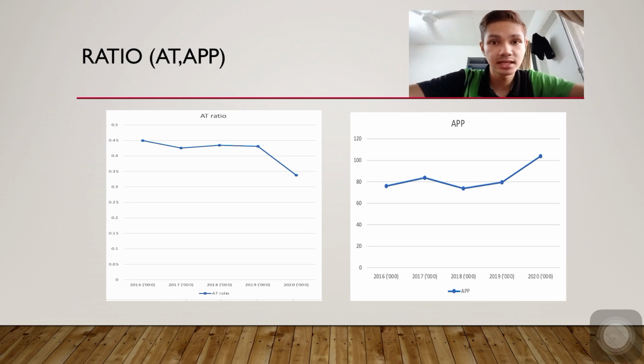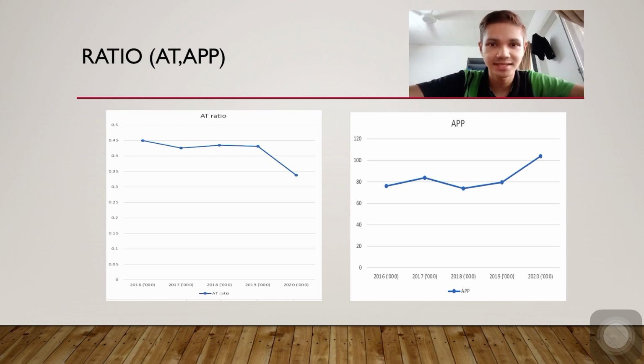As you can see in the graph that I provided, in year 2020, the ratio is 0.34 cents, which is the lowest among the 5 years. In this case, the best asset turnover ratio is in 2016. With every 1 ringgit of assets, the profit was 0.45 cents. And again, the worst asset turnover ratio between the years is in 2020 with 0.34 cents profit of